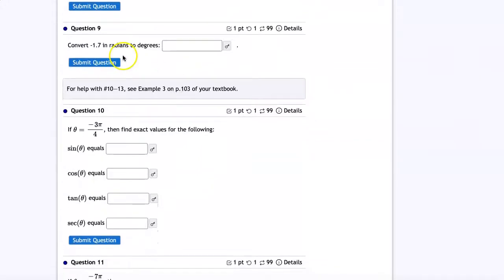Now, when you get to question number 9, you would do the same sort of thing. You don't have a pi this time, but you have negative 1.7 times, we're converting to degrees, so this would be 180 degrees over pi. Now, there's no pi in the negative 1.7 that will cancel with this pi. So your answer is going to be a little funky. If you multiply these two together, you get negative